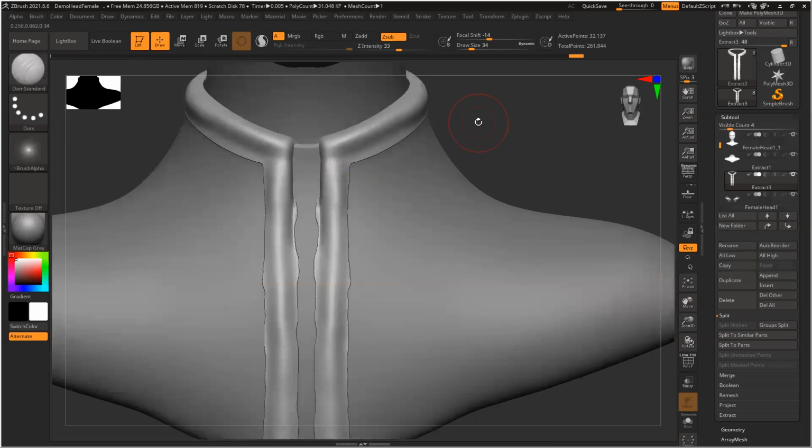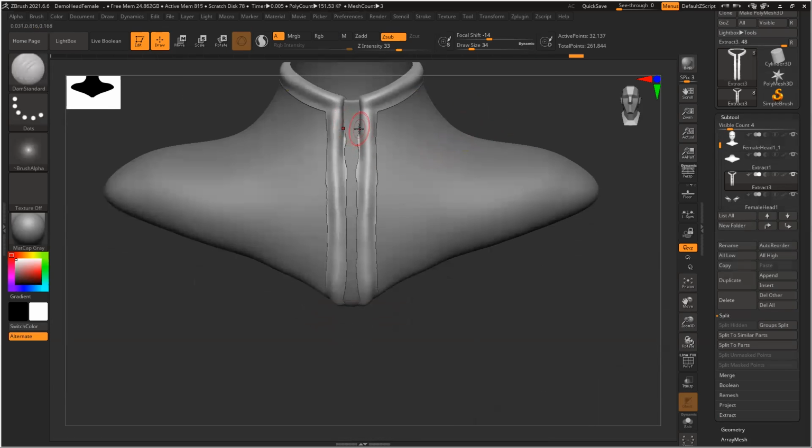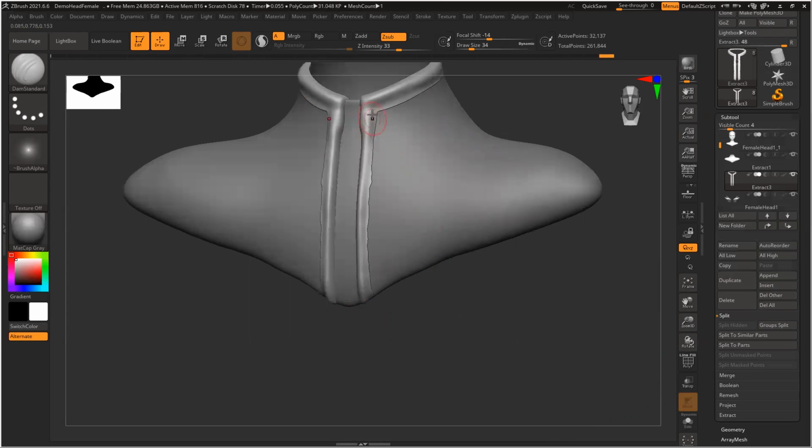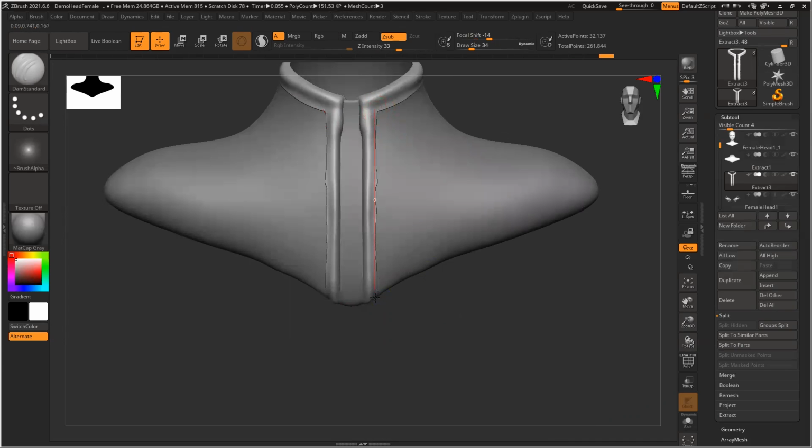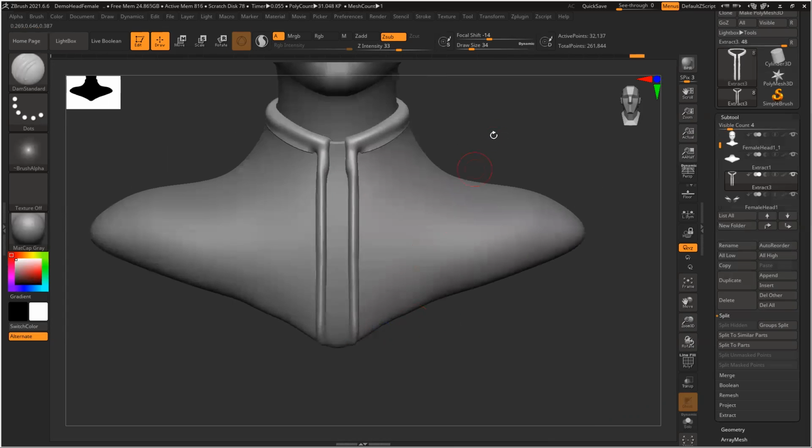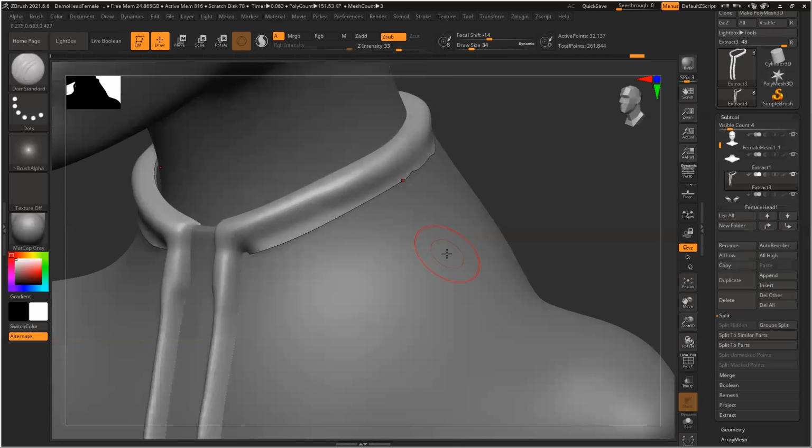So what I can do is click here, press shift, and without releasing the left mouse button, release shift. So it will create this thing. Press 1 to repeat the command. Go inside and create a really nice clean shape. So that's this thing, I can push it inside very easily.